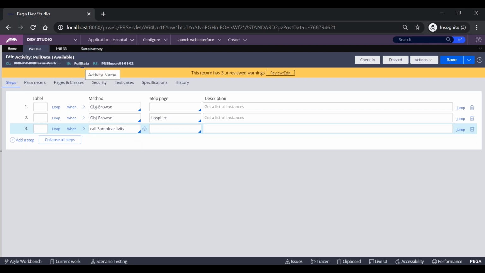So just run this activity as part of the flow. Make some modifications to the existing flow, add one utility shape, and call the activity within that. Then just execute the flow. If we run the flow, we can see in the tracer that this particular activity is executed on the run record primary page. This will be executed on pyWorkPage. If I'm using this activity from the services, the primary page for this will be my service page. Likewise.